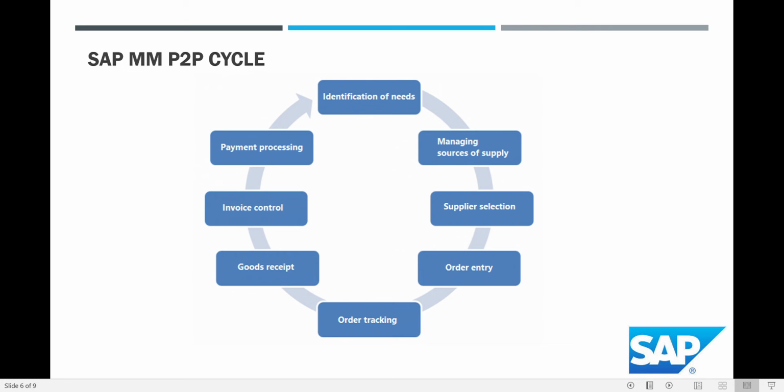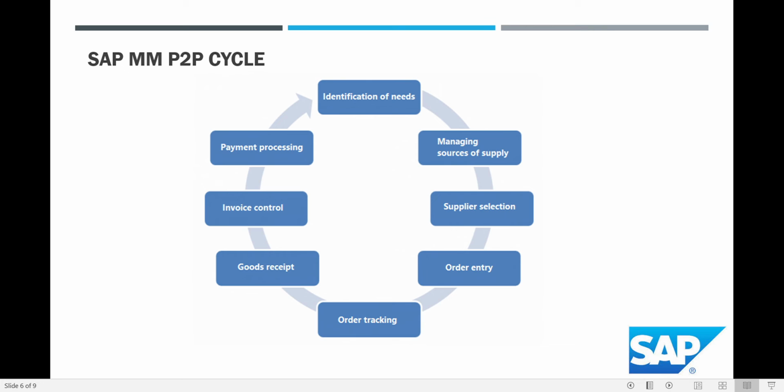Once the purchase order is created, our next step is to send it to the supplier, and we will have some order tracking, similar to how we track our orders on Amazon. We will ask the vendors when they are going to supply the plastic bottles, because every company has a deadline to follow.